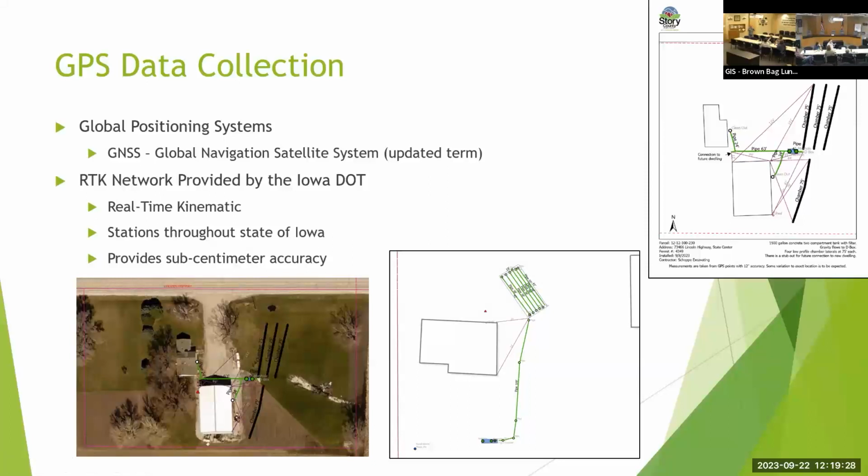But basically, it's constantly available, and they strive for sub-centimeter accuracy everywhere throughout the state. I'm guessing there's probably some areas where they can't get that, maybe because it's too hilly or there are too many trees. But for our purposes, it's been a really good solution. Basically, they built stations throughout the whole state of Iowa, and like I said, it provides sub-centimeter accuracy. So for environmental health, they go out and grab points with everything related to the septic system. And then in the upper right, they create a nice map that shows everything.